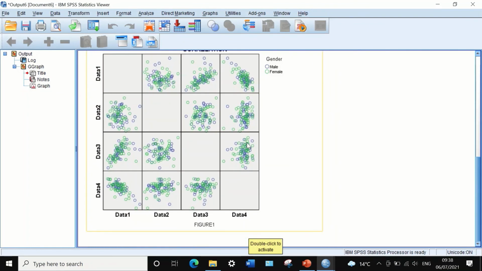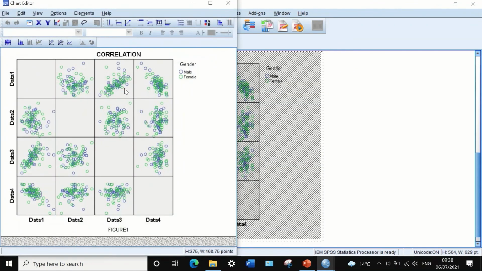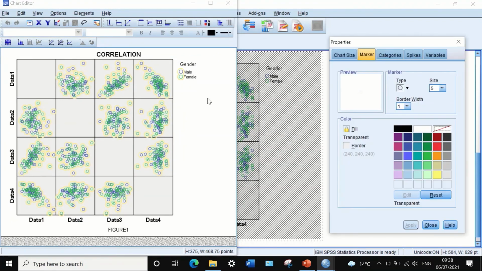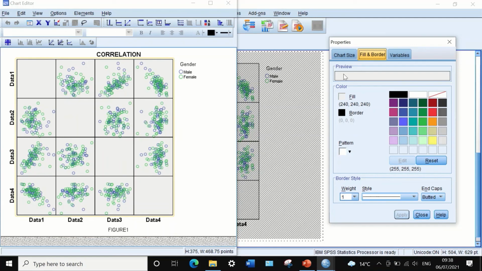If I want to edit here, I could really edit the graph further. If I double click on it, another window will appear. If I double click again on this, I could really do a few changes. Here I selected the marker. Now I need to select the graph itself. So I could really remove the gray background here on the preview and select and apply, so the background will